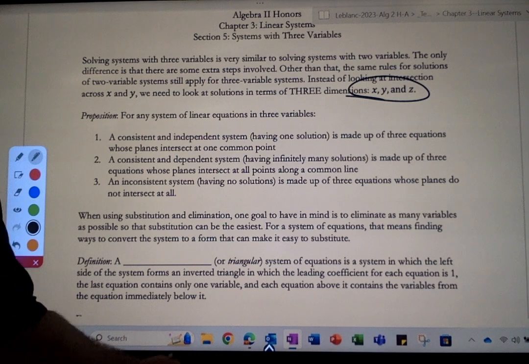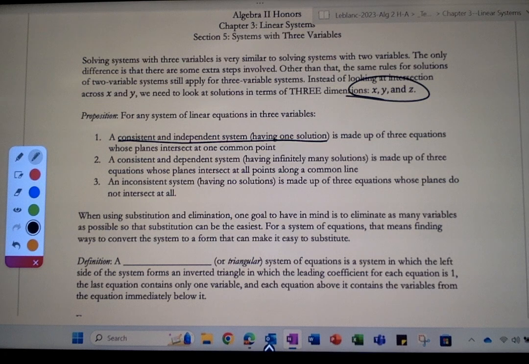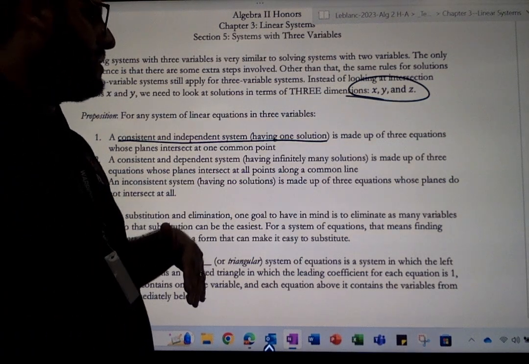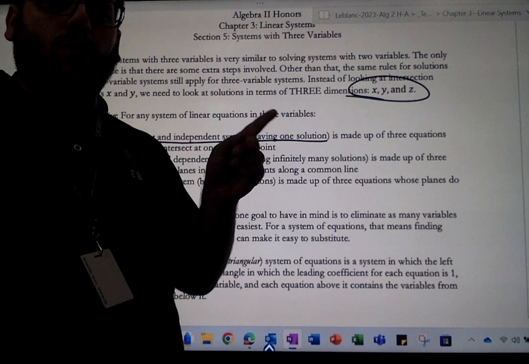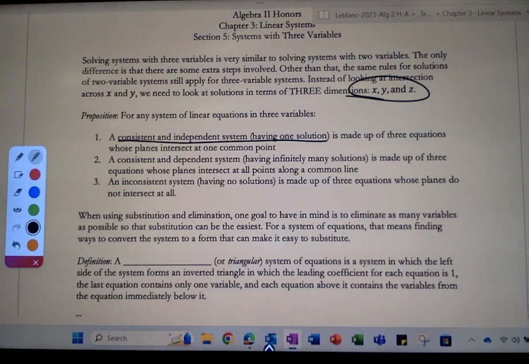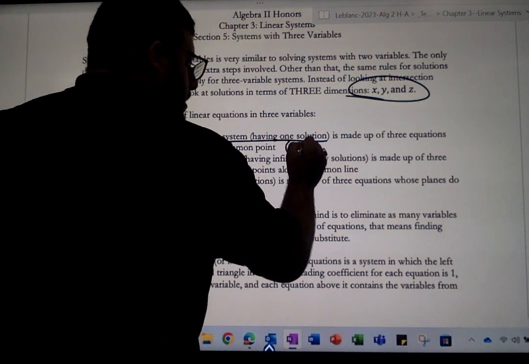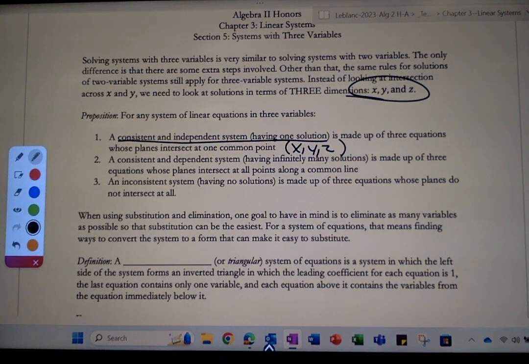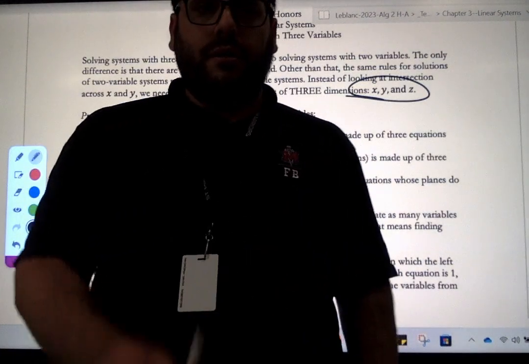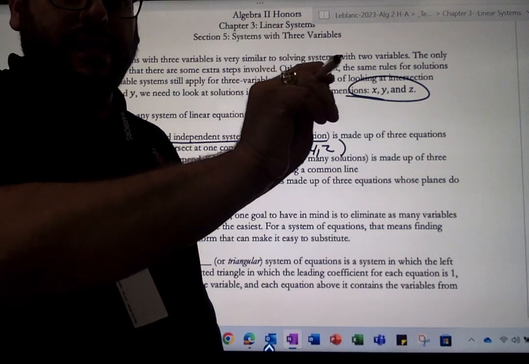A consistent and independent system, which has one solution, is made up of three equations whose planes intersect at one common point. Okay, so if I have three linear equations in x, y, and z, and it's a consistent and independent system, it has one solution. The planes that represent those equations intersect at one common point, (x, y, z). Okay. So again, think of x, y as your horizontal axis and your vertical axis, but z is now your